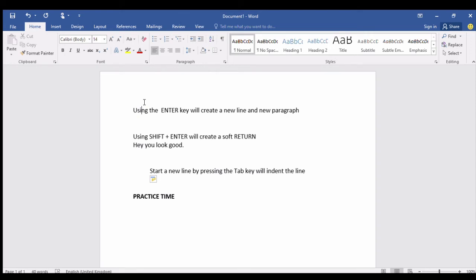I'm still on the Microsoft Word tutorial. In the previous tutorial, we've learned about the ribbon, the file tab, and a whole lot of stuff. And in this tutorial, I'm going to introduce you to how to enter text in your Word document, which is